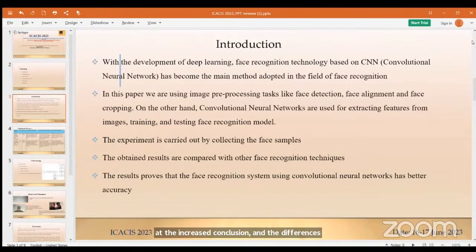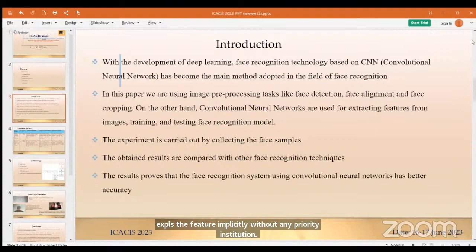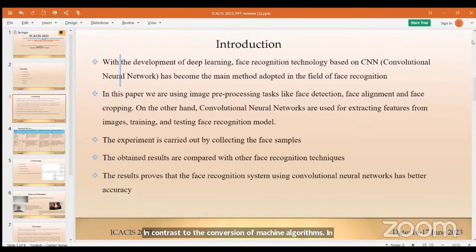First, we will see the introduction. Deep learning is widely used in image recognition due to its strong feature extraction ability and high recognition accuracy. Face recognition is achieved using a deep learning subfield, the convolutional neural network. The human face is a sophisticated multidimensional structure that can convey a lot of information about an individual, including facial expression, feelings and facial features. CNN is a category of neural network architecture which extracts features implicitly without any prior intuition, in contrast to conventional machine learning algorithms. In this paper, we are doing face detection, face alignment and face cropping. Also, CNN is used for extracting features